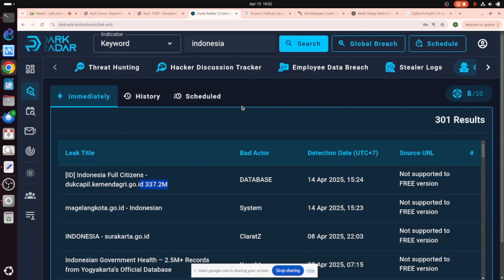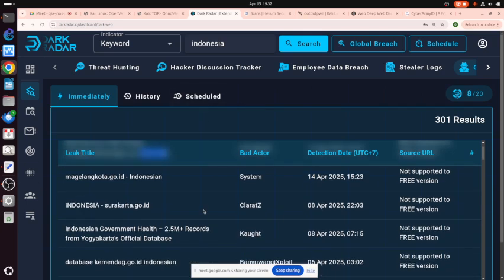So be careful with this kind of information, because it's not necessarily true, because they are bad guys. Bad guys sometimes pretend that they actually got the data, but we still have to be careful, because the data may leak, but not 100%, but they pretend that they got 100% of the data.